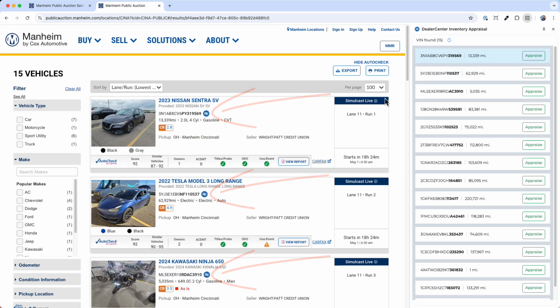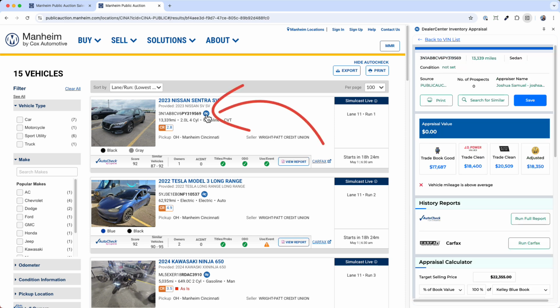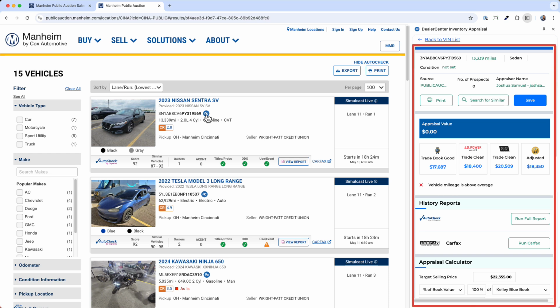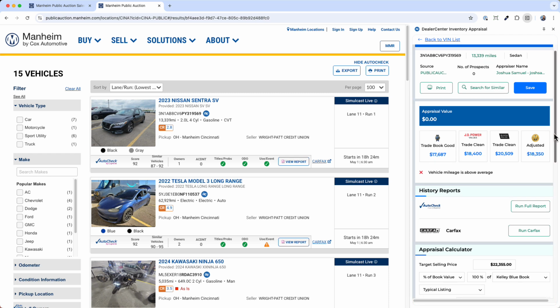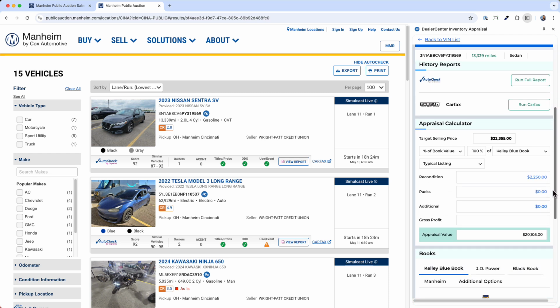To open the appraisal panel for a specific vehicle, you can either click the Appraise button in the extension panel or click the DC logo directly next to the vehicle in the listing. The extension will pull in key vehicle details automatically, like VIN and mileage, and open a compact version of DealerCenter's appraisal tools. From here, you can view book values, run history reports, and use the built-in appraisal calculator to set